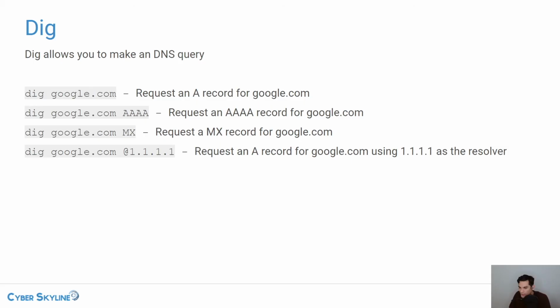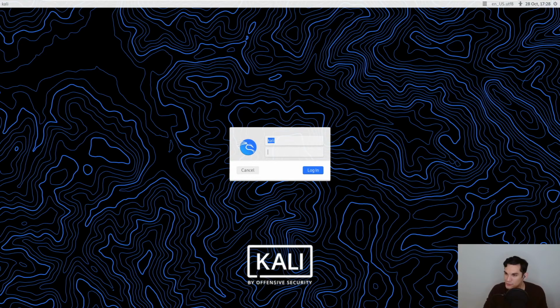Okay, Kevlar's saying here, random thought, IPv4 is 4 bytes, IPv6 is 16 bytes. So you're saying that potentially it's an A record for IPv4, and the A represents 4 bytes, and for IPv6 there are four A's because it's 4 times 4 bytes. It could be, I don't know. Probably can look that up. All right, if you all have any other questions about DNS, please ask. But moving forward, we're going to go into a demo of how to actually use Dig.